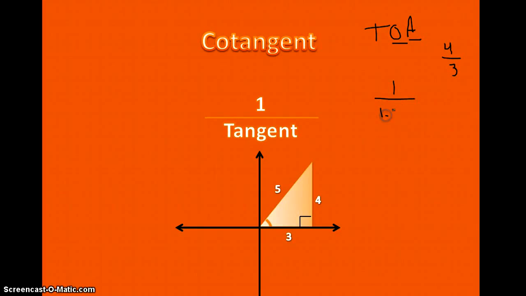So you would just put 1.3333, and for a repeating decimal such as this one, you want to just leave it in your calculator, and you'll do 1 divided by the sine of your degree, and then whenever you get an answer, you will